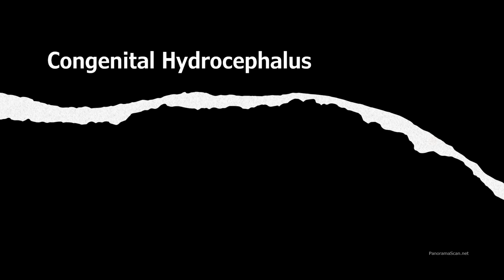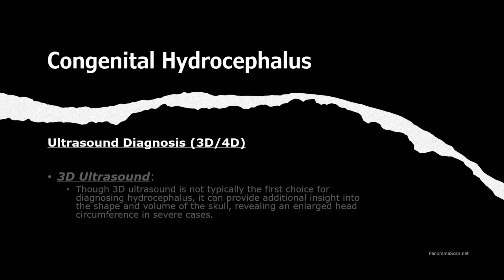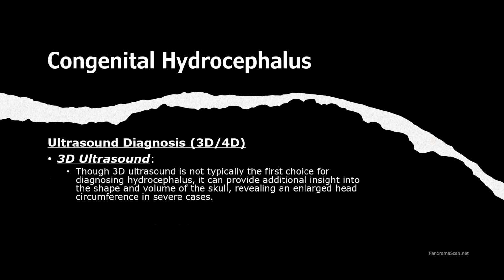Let's discuss the role of 3D and 4D ultrasound in diagnosing congenital hydrocephalus. Starting with 3D ultrasound, while it is not typically the first-line imaging technique for this condition, it provides valuable supplementary information. For instance, 3D imaging can help assess the overall shape and volume of the skull. In severe cases of hydrocephalus, for example, we may observe an enlarged head circumference, which can raise suspicion of significant